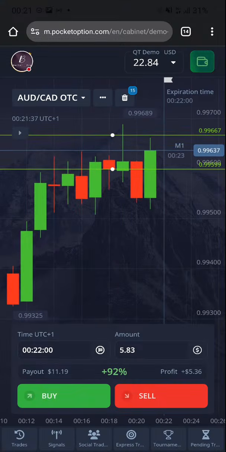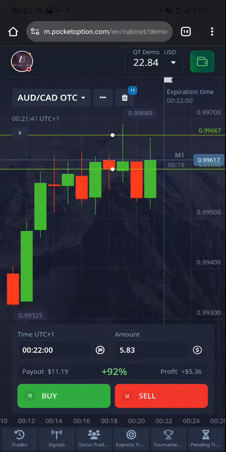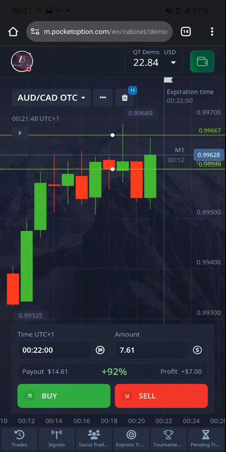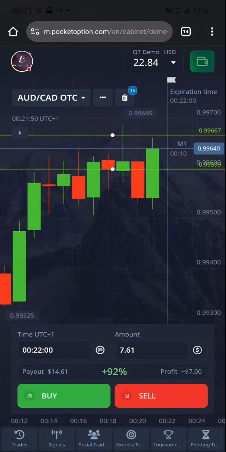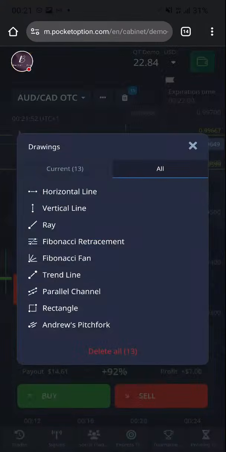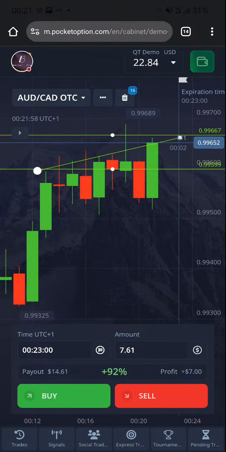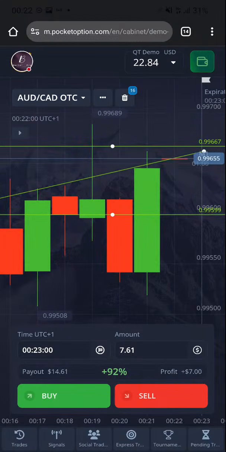Normally we should go with the sellers now. We have a red green pattern after this green candle. You understand? Let's take this one. Let's just see. Maybe this will be the last trade of today's session. I hope it's a win so that all of us will feel good. Yes, I think it's going to be a win.